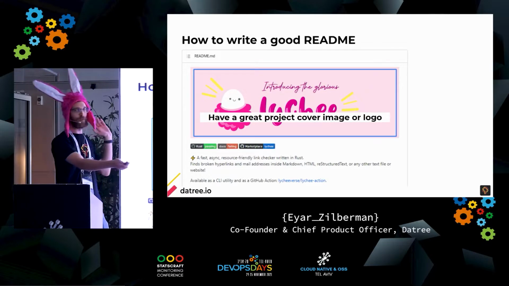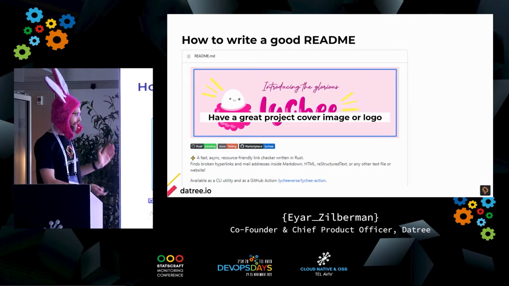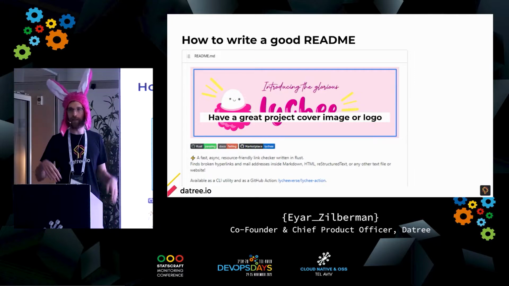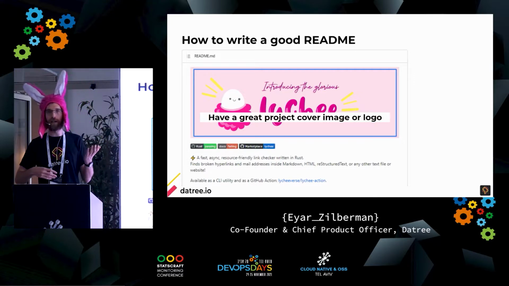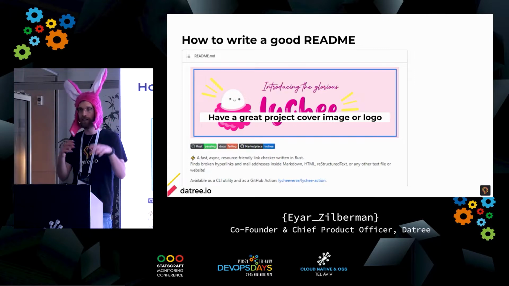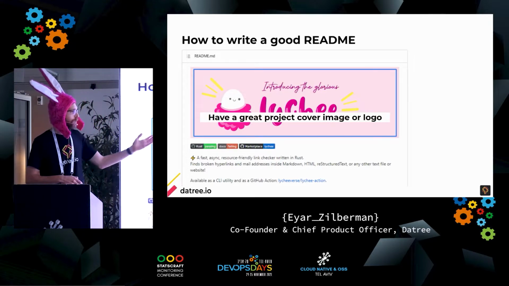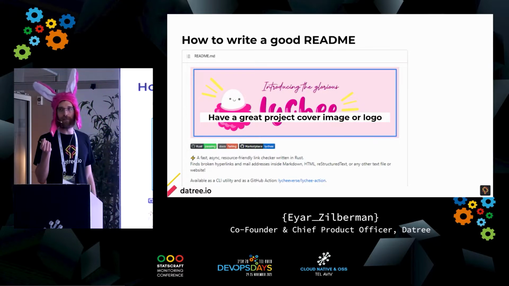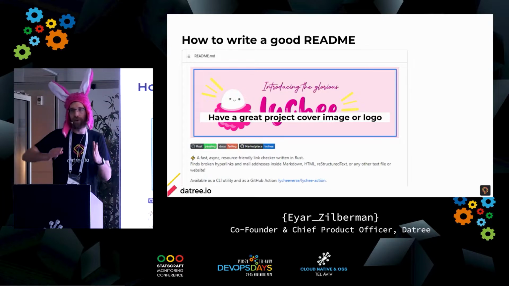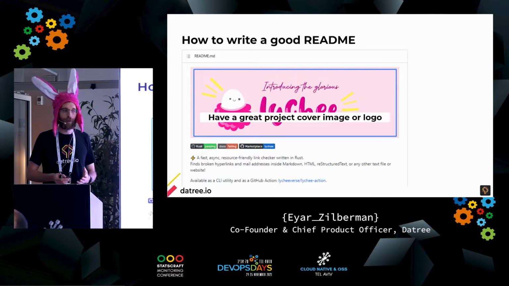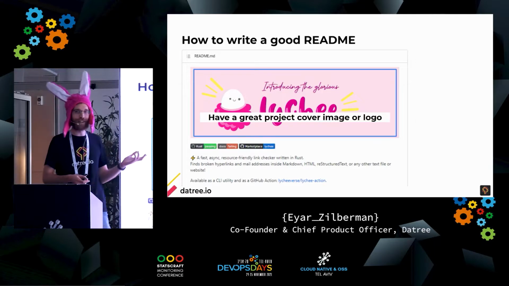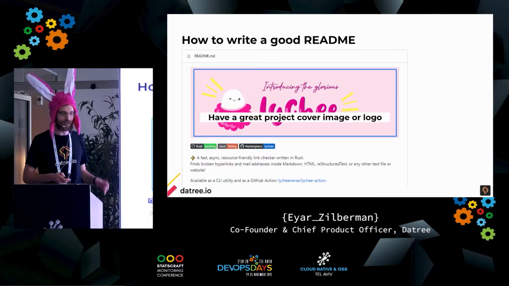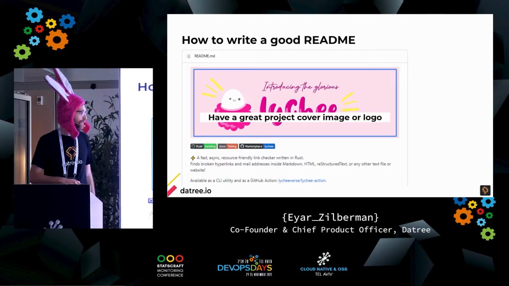First thing, you want to have a cover image. Lychee is a really nice project. What they do is check links inside documents to make sure that all the links are actually live and you don't have dead links inside the README files. But they have a really nice logo. I know it sounds funny, but apparently, according to studies, this really affects whether people are going to use the project, because it shows the level of maturity. Worst case, ask your friend to do it, or use Fiverr or whatever, put in $5 to make sure that you have a nice logo. It's not that expensive, it's not that hard to do.